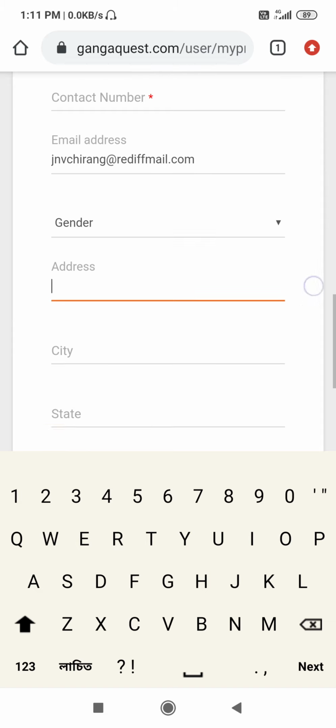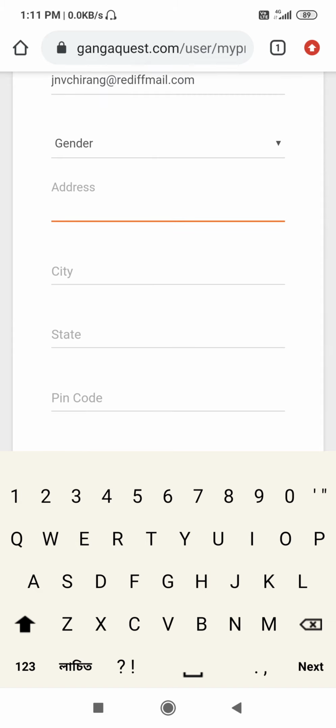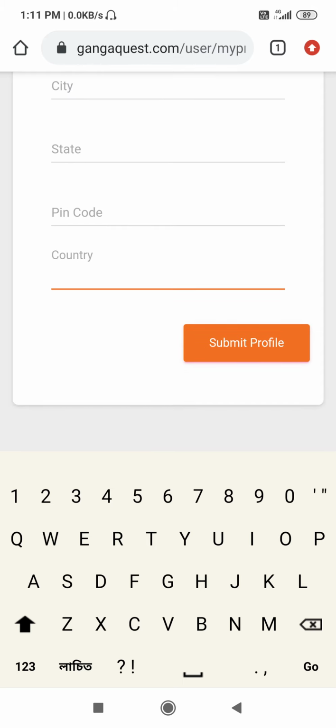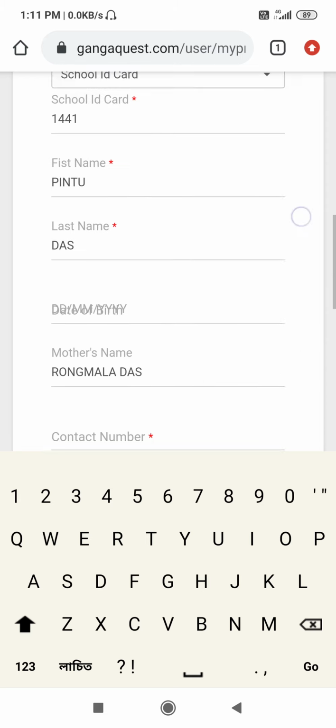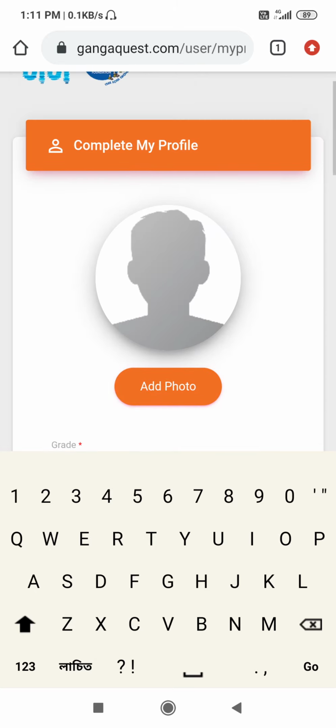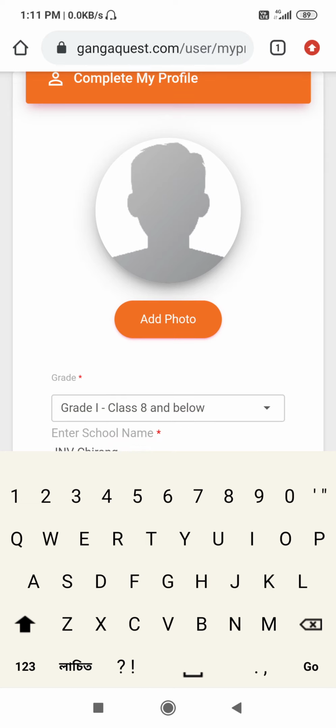Write your address like village or town name, city, state, pin code, and country. Fill in all these boxes. Then check it again. If everything is correct, you can proceed.